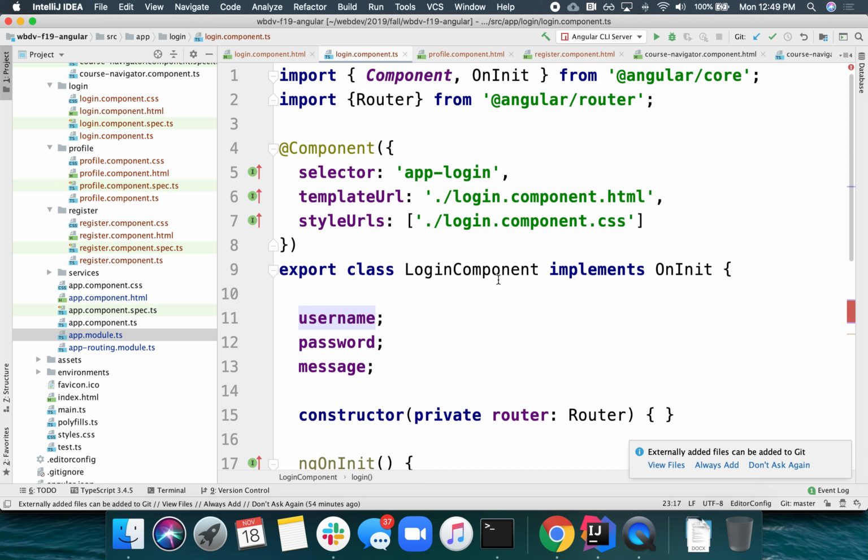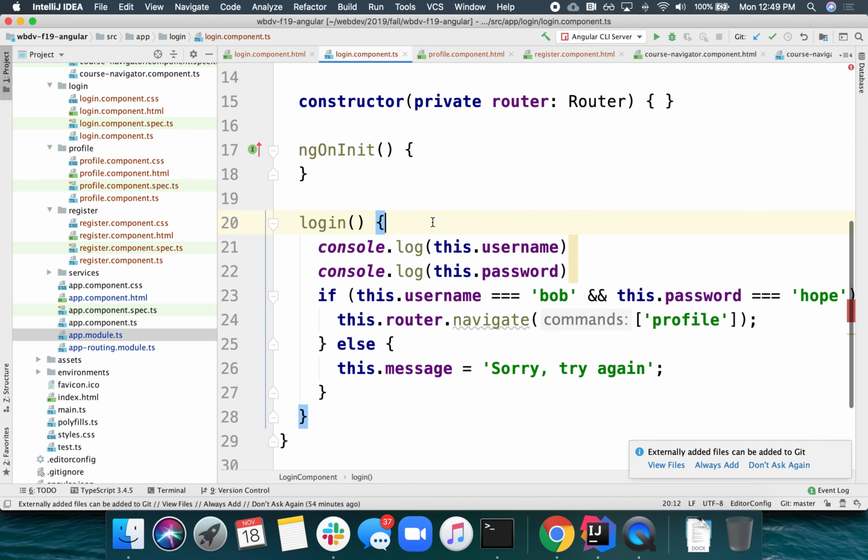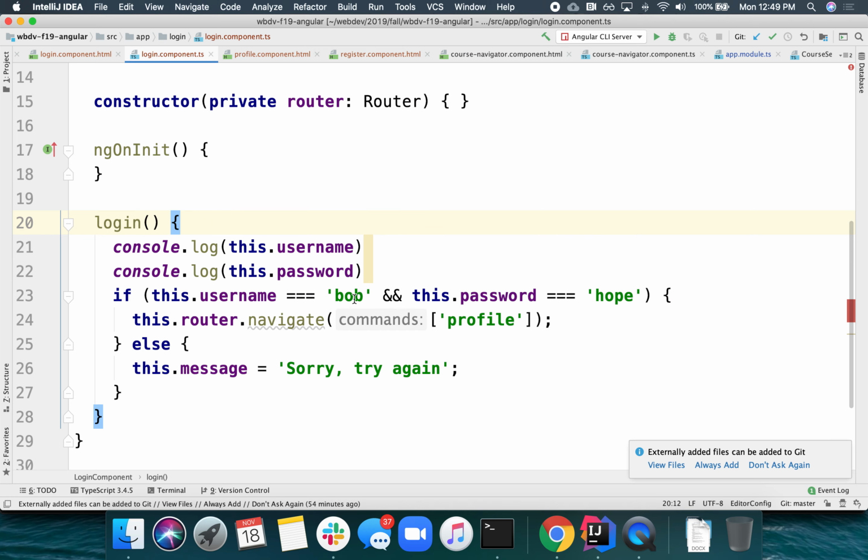There's our Angular application. Notice that our login here was blindly checking to see if the username and password were equal to a hard-coded username and password. So instead of doing this, let's go out to the server. We're going to say something like